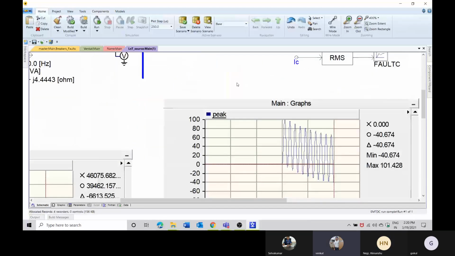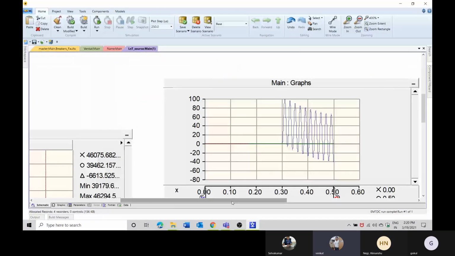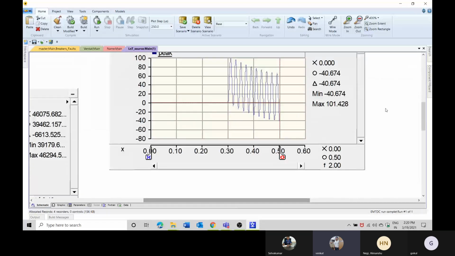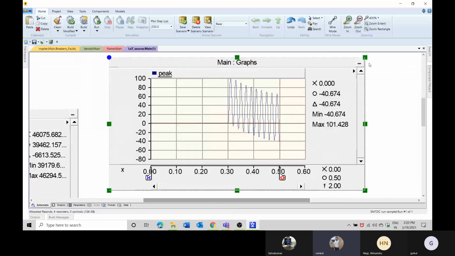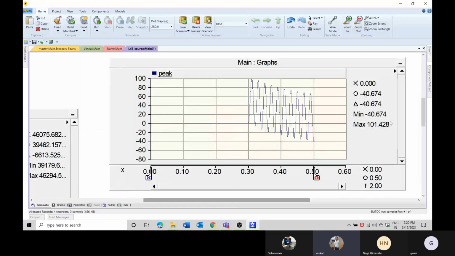Yes, I can see that peak current. Here you can see the plot. What I have done is create a single line to ground fault and a source, and what my graph is showing here is the fault current.